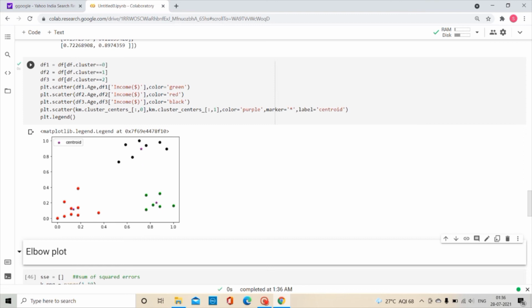The same code has been used again. plt.scatter(df1.age, df1.income) with the color green, plt.scatter(df2.age, df2.income) with the color red, and the same plt.scatter with km.cluster_centers_, including all rows with the first column as the x-axis and all rows of the second column, described with purple. You can see that here we have got the centroid in purple.